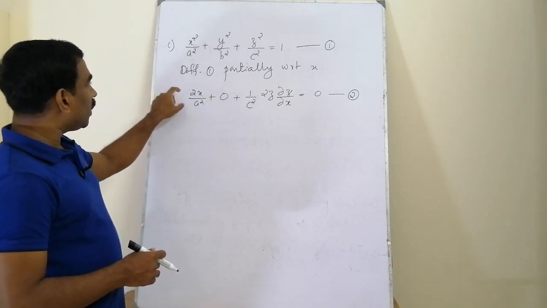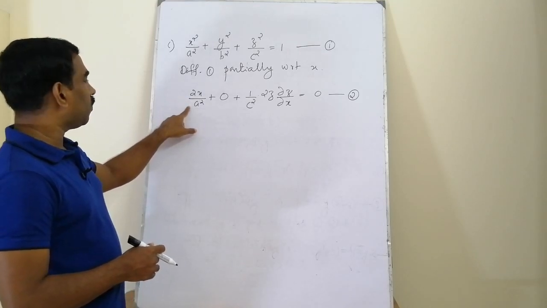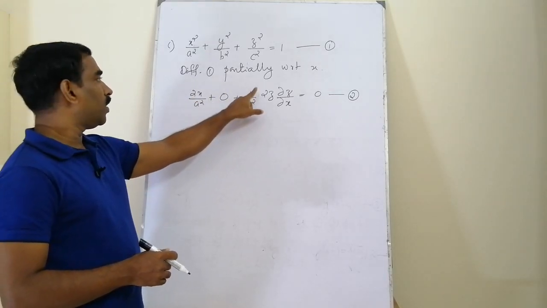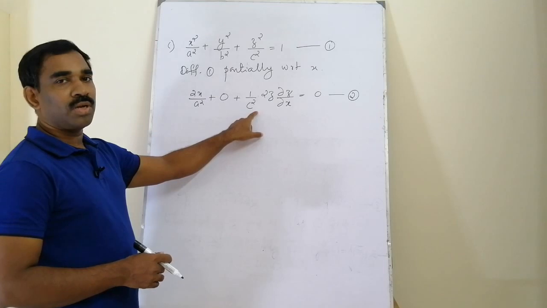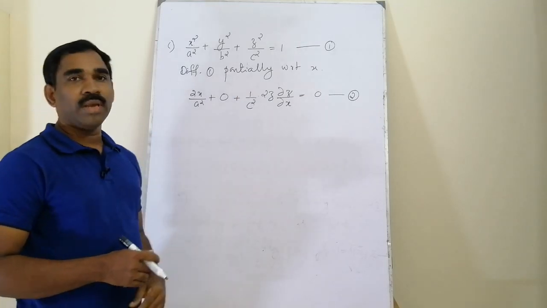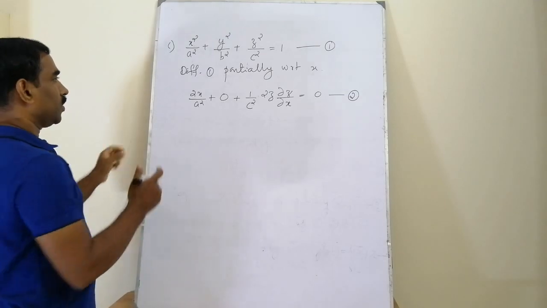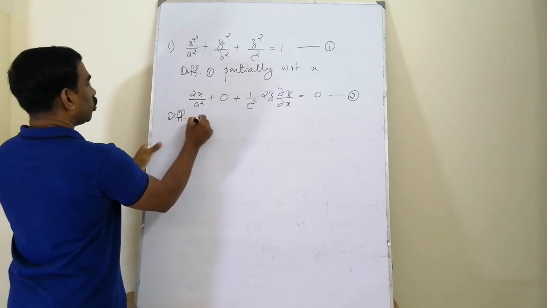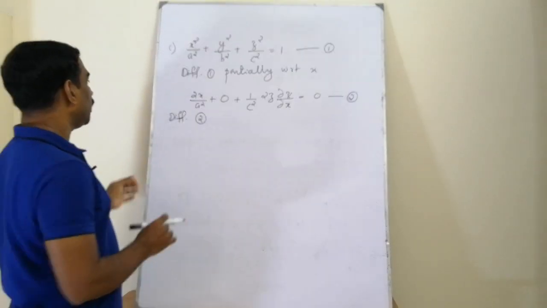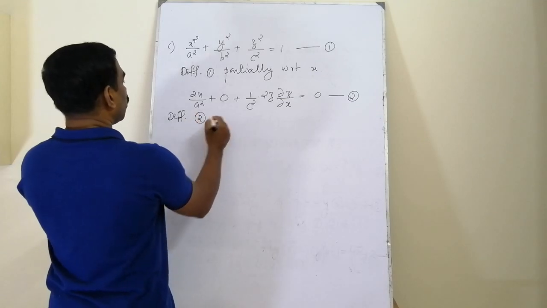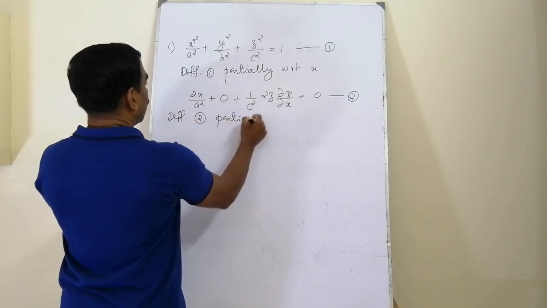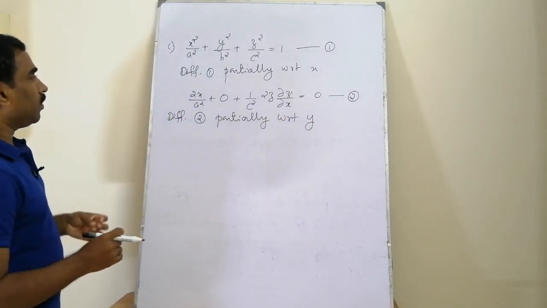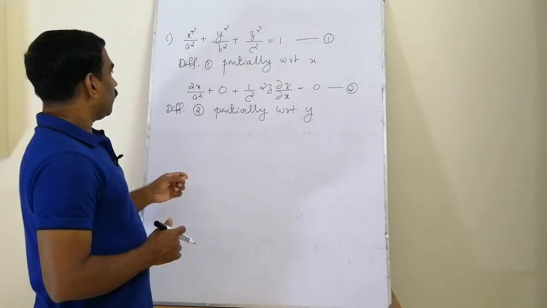Here, if we partially differentiate equation number 2 with respect to y, the derivative of this expression becomes 0. Then we are left with only one expression which contains an arbitrary constant, from which we can easily eliminate the arbitrary constant c. So we are going to differentiate equation number 2 instead of equation number 1, partially with respect to y, because that will result in a simple step.